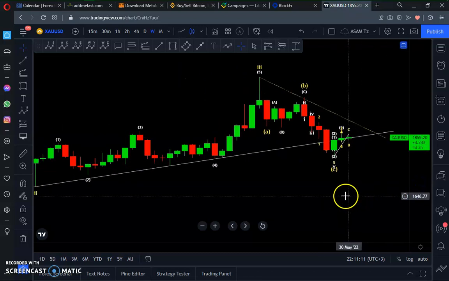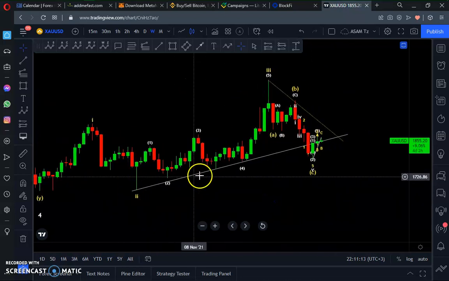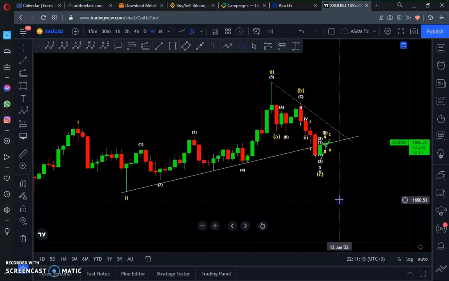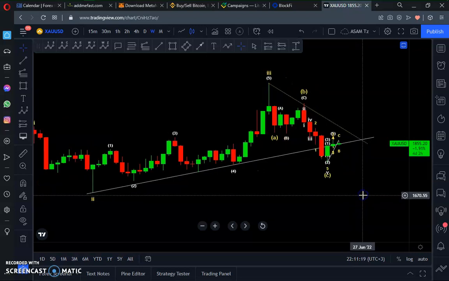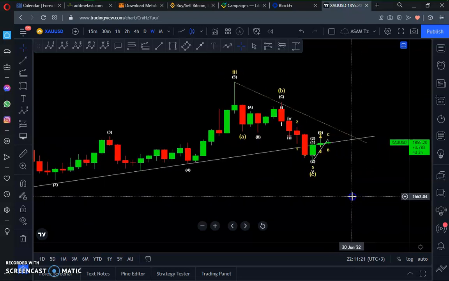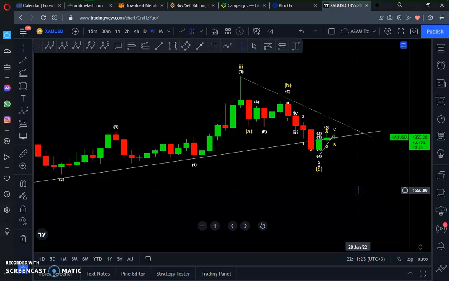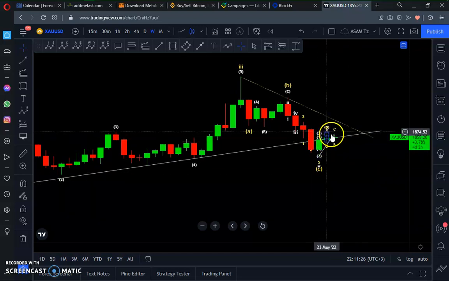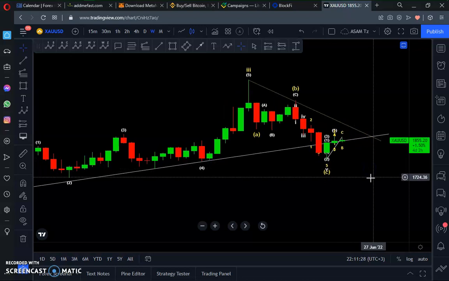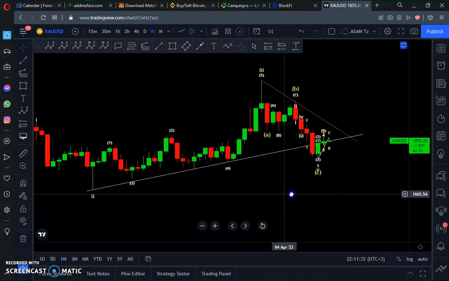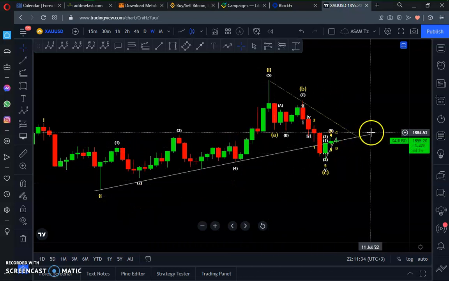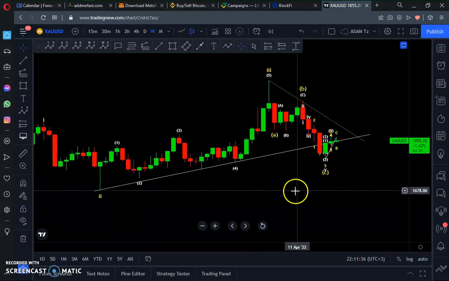So it seems like this trend line may work properly, rejecting price to the downside. We'll see in the lower time frames what exactly is expected to happen, but the general picture from the weekly time frame is just power to the downside. We have some sellers around this area, which is related to the retest of this previously broken trend line.